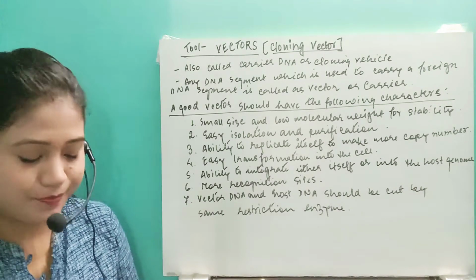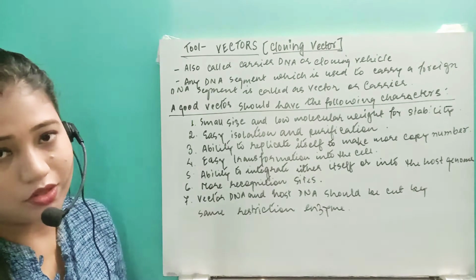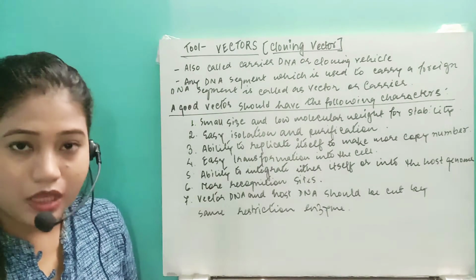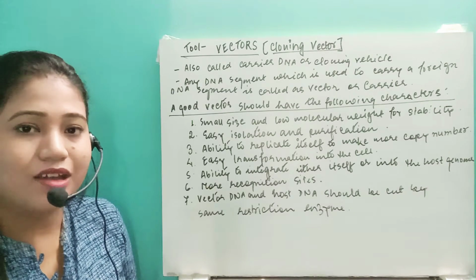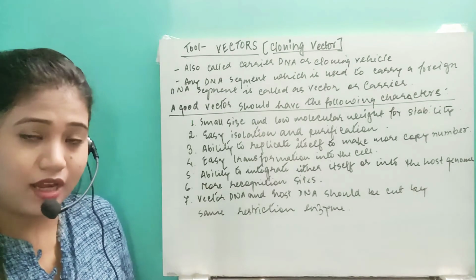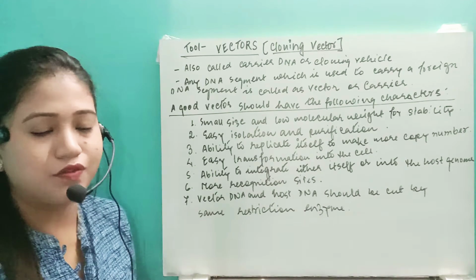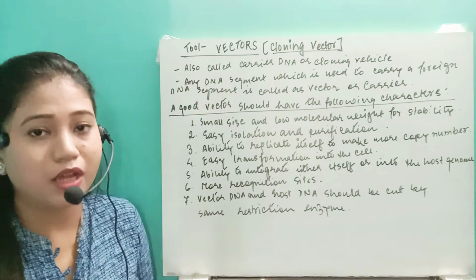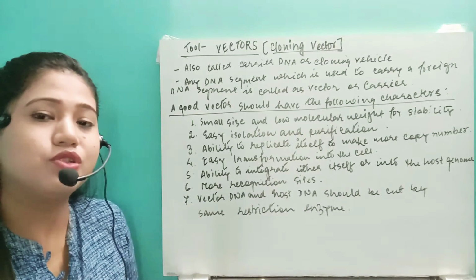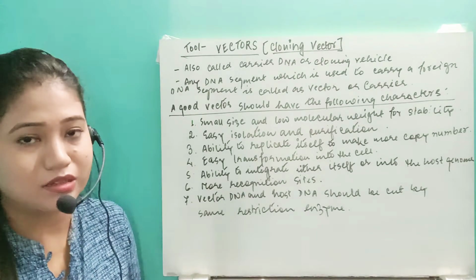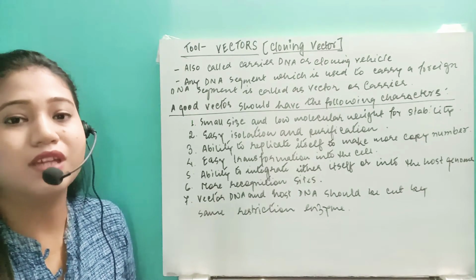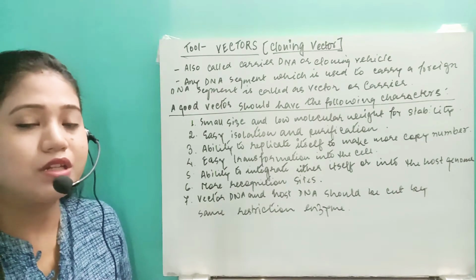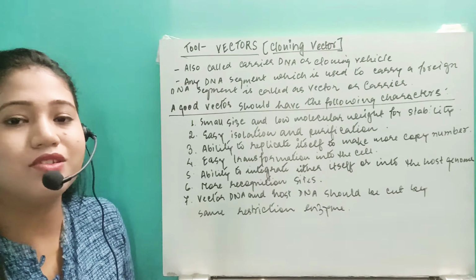So let's just start. What are the cloning vectors? They are also known as the carriers. If we want to carry a gene fragment from one organism and transfer it into a different organism, to alter the genetic makeup or change the phenotype of the organism, then we need to carry our gene of interest into the host body. So how is it possible to carry the genes?